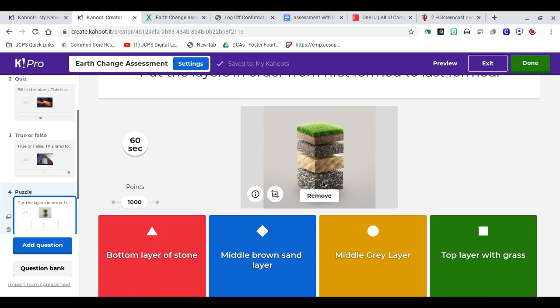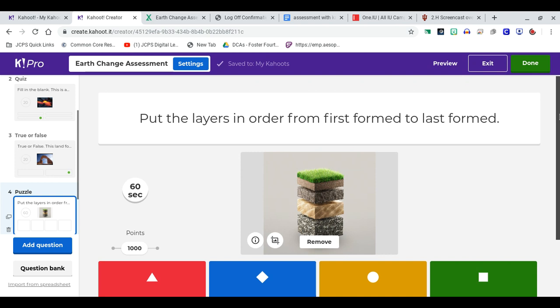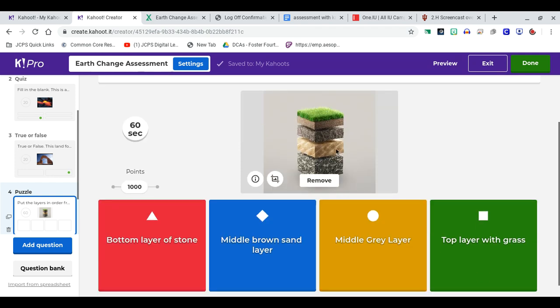It's a puzzle. I really like this one. It's the higher level type stuff where I'm asking the kids to put the layers in order from first formed to last formed, and they've got to know that the bottom layer here of stone is the first formed. Then a layer of sand comes in, then a layer of dirt, clay, and then the top layer would be the